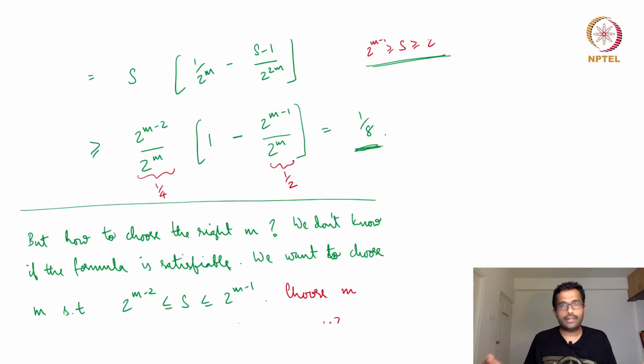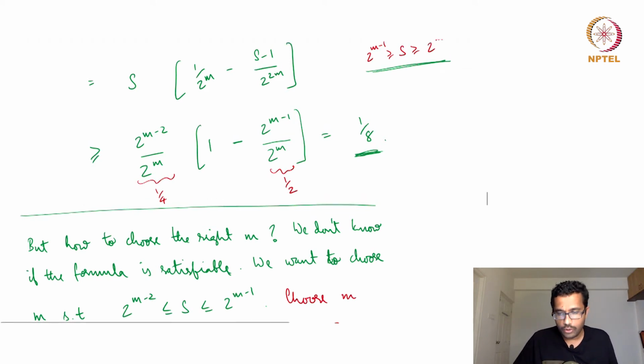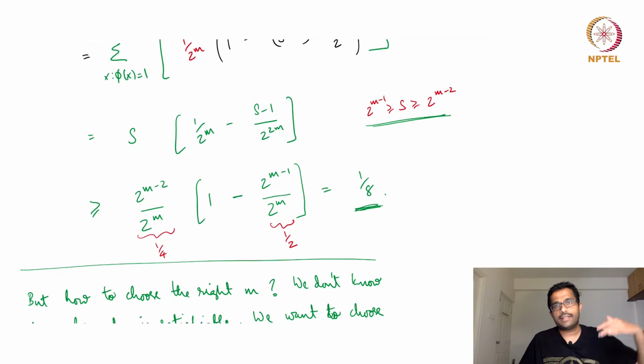Because we don't know, forget the number, we don't even know if the given formula is satisfiable. Again, what we do is we go back to randomness and we choose m randomly, right. So we know that the number of satisfying assignments could be as high as 2 power n and as low as 1, right, assuming it is satisfiable. The unsatisfiable case we don't care about at all, because we are just taking the AND with another formula. So the unsatisfiable formula remains unsatisfiable, right.